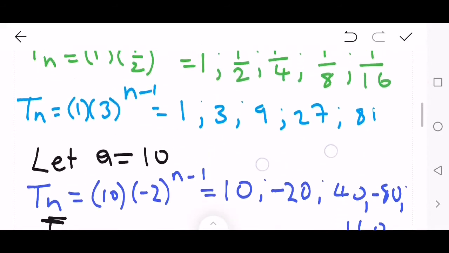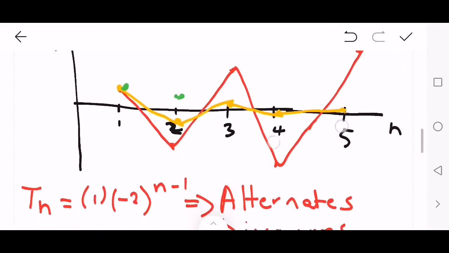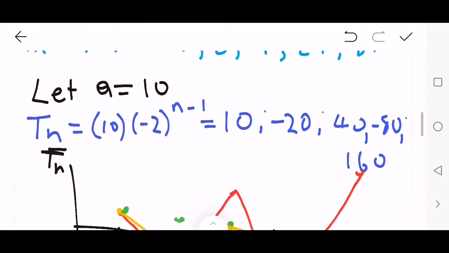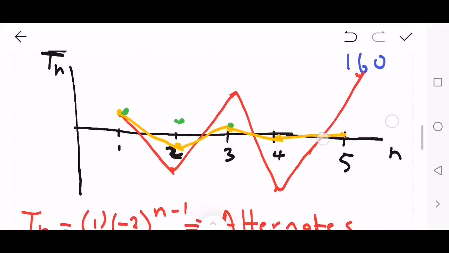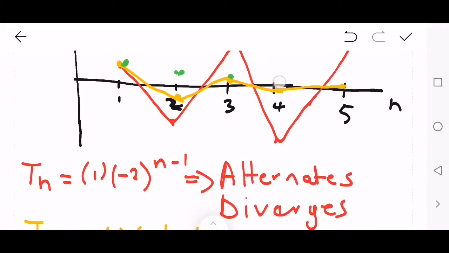Our third term is 1 over 4. Our fourth term is 1 over 8. And our fifth term is 1 over 16. So if we join this,